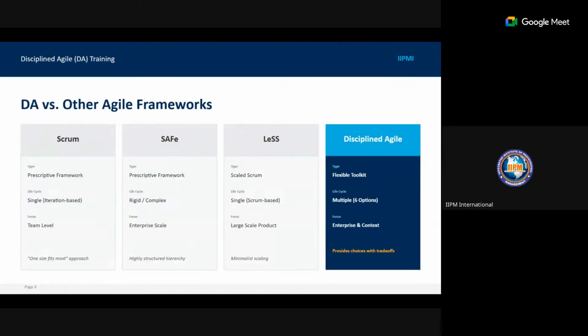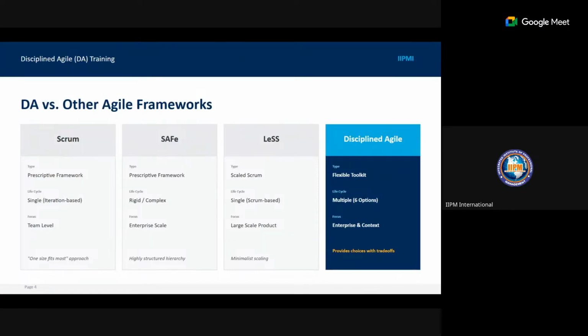Now, Disciplined Agile versus other Agile frameworks like Scrum, SAFe, and LeSS. We've already looked at Scrum, but we didn't look at SAFe. SAFe is also a scaling framework for enterprise use.